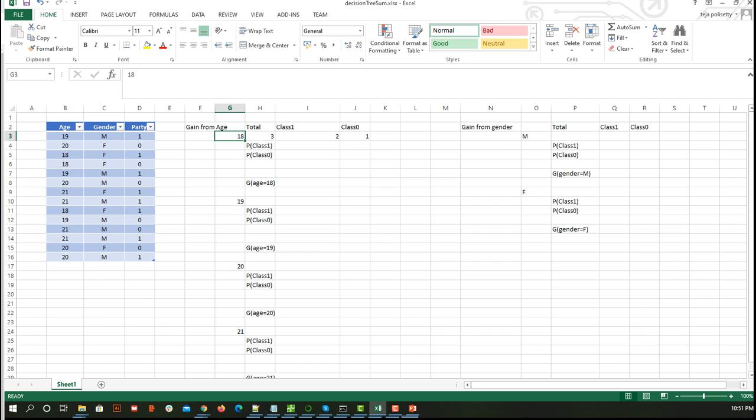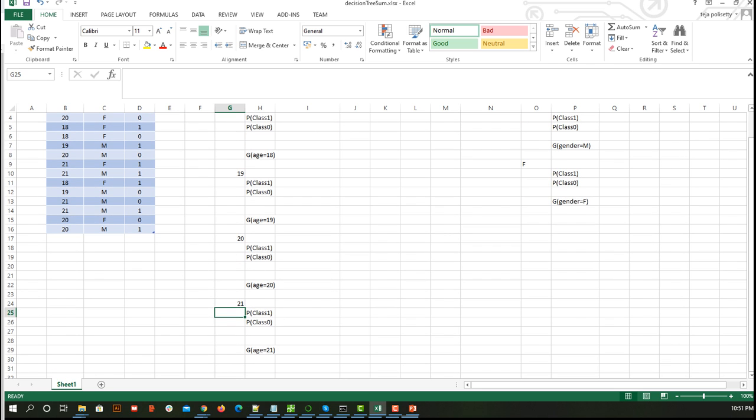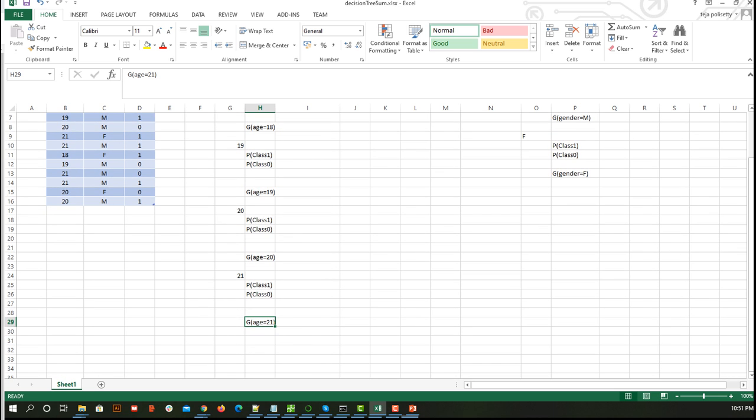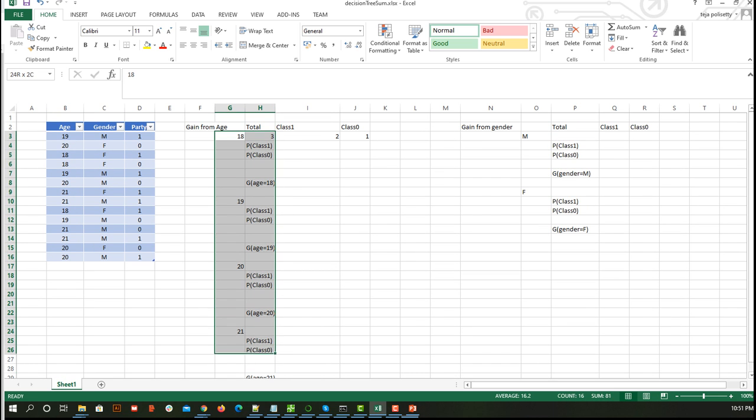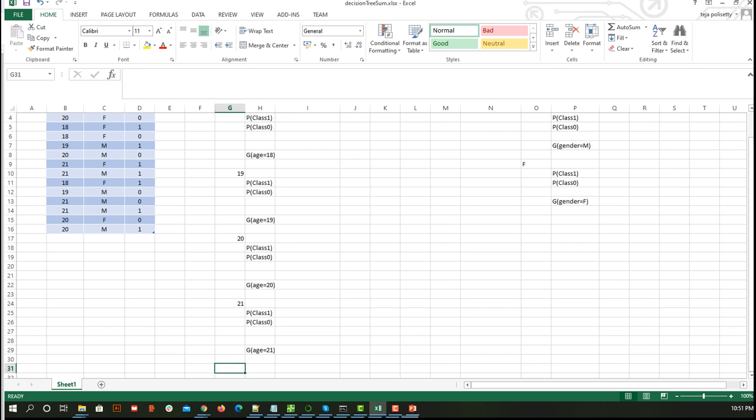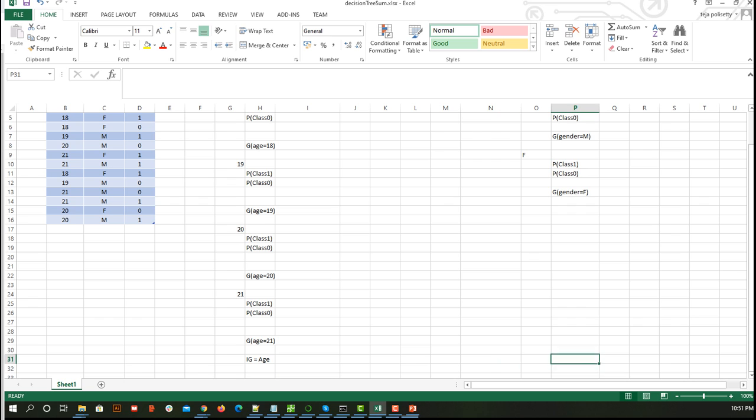I will calculate each category separately, and finally I am going to consider the weighted sum of all of these and calculate the information gain from age. Similarly, after doing all the calculations individually, I will consider the information gain from gender. That's how I am going to compare.